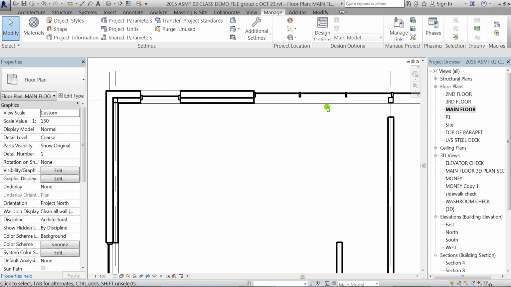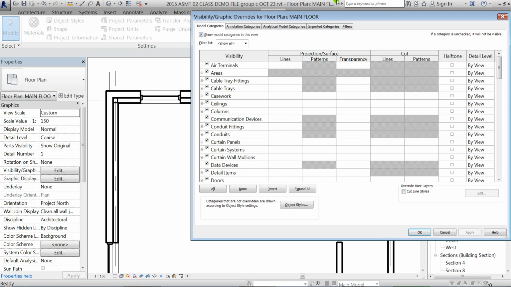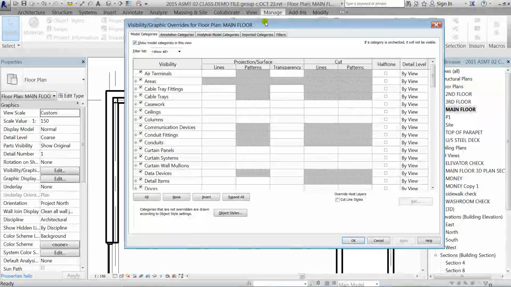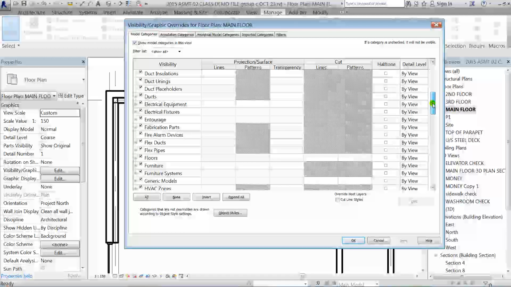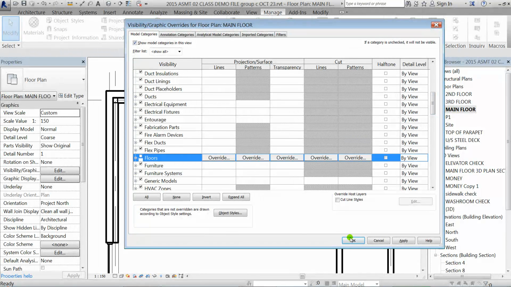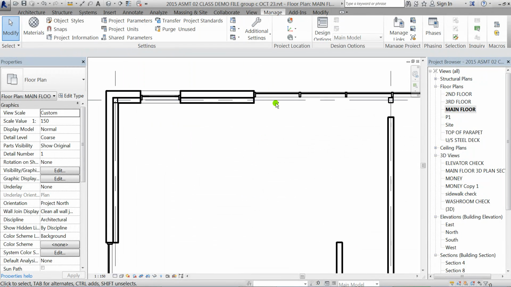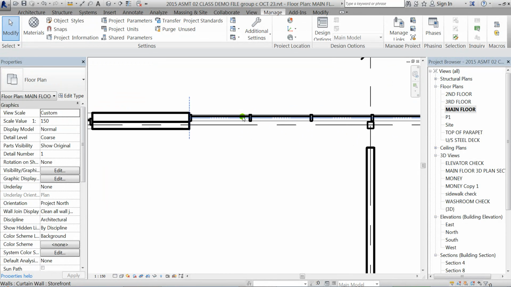So there are objects that you can just turn off. I'll use my visibility graphic overrides to do this by typing in VG. And I'll just use the scroll bar on the right and drop down to floors, deselect that, click OK. And now you can see that I've lost that line there as well. Just to simplify this one step further,